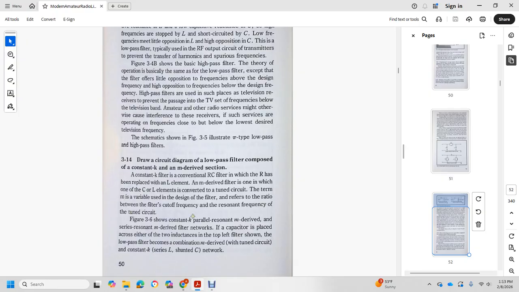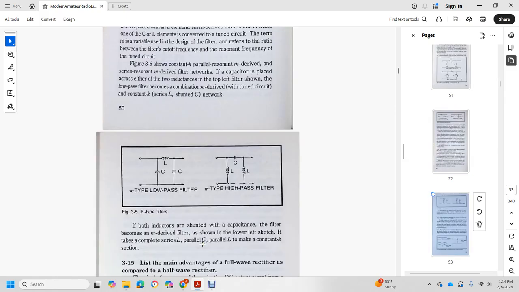Figure 3.6 shows the constant K with a parallel resonant variable design filter ratio derived series resistance, the variable ratio of the design filter frequency to the resonant frequency of the tuned circuit filter networks. A capacitor is placed across the two inductances at the top of the left filter shown. The low pass filter becomes a combination of the variable design filter ratio derived with the tuned circuit and the constant K with the series inductance shown in its capacity network. Both inductors are shown with the capacity of the filter becoming the ratio of the